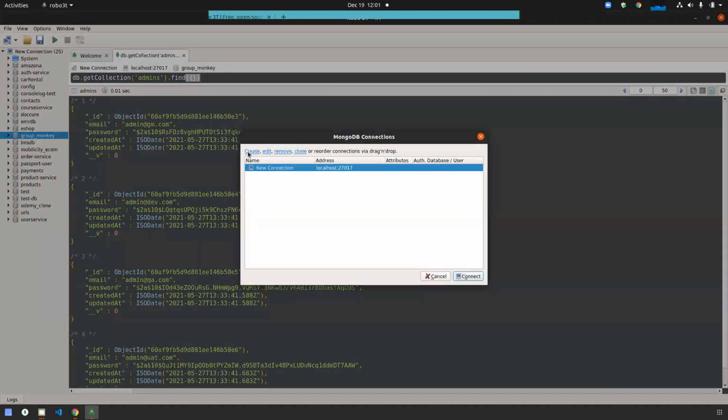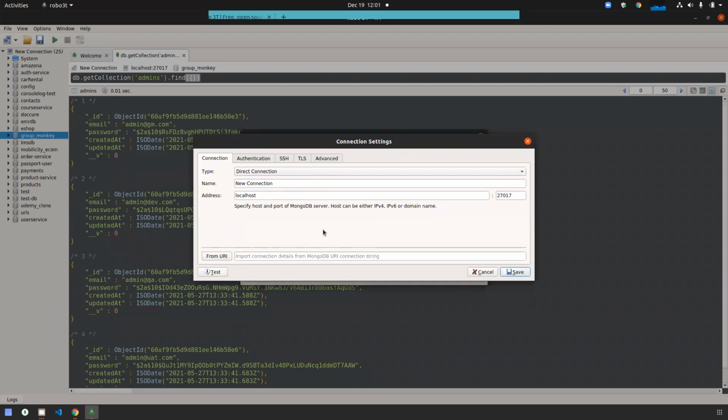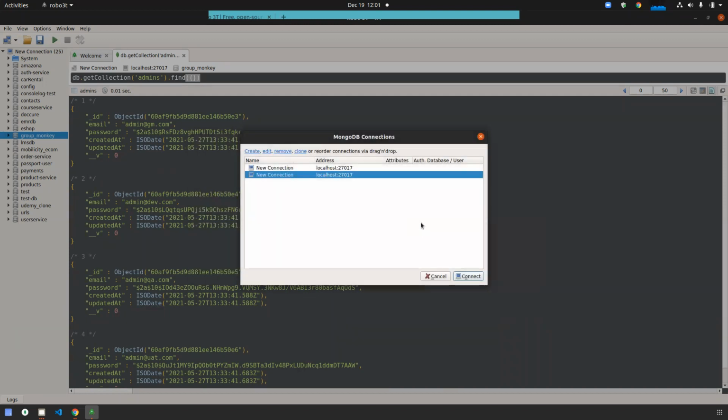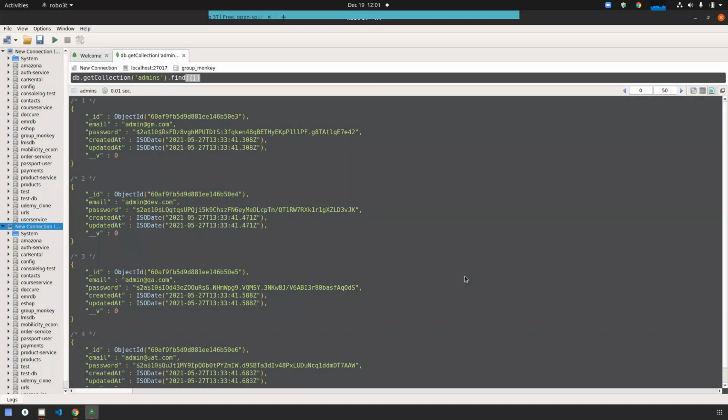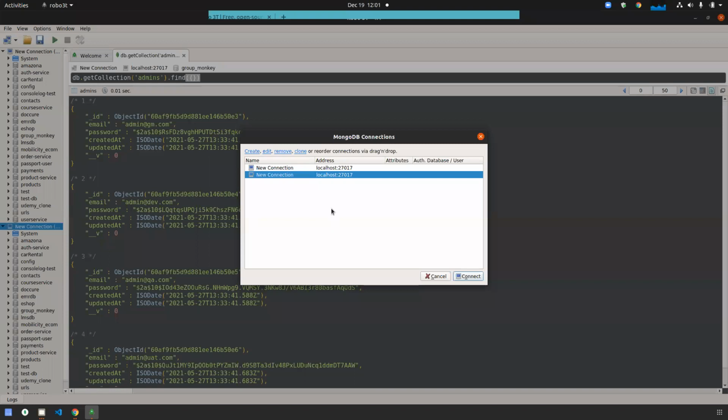Create a new connection, paste that, and change the password. My password is original. This is Robo 3T where you are just connecting the URL, and for MongoDB Compass also. The URL you copied from MongoDB Compass, you are just connecting in this Robo 3T.